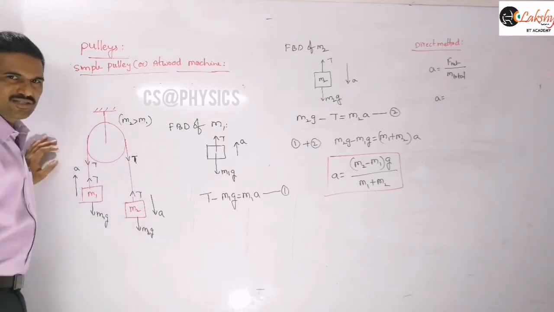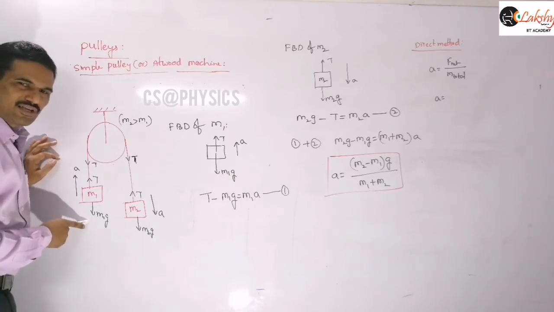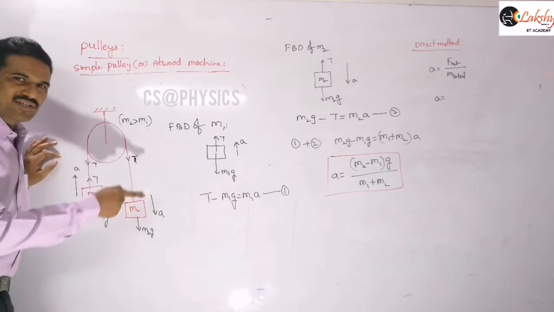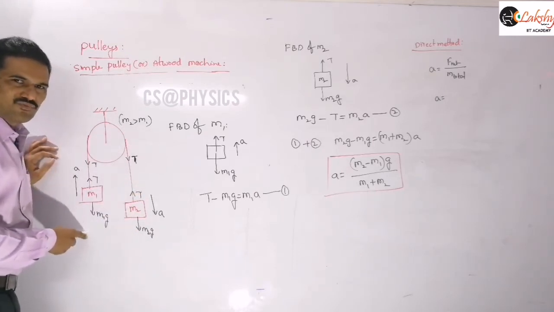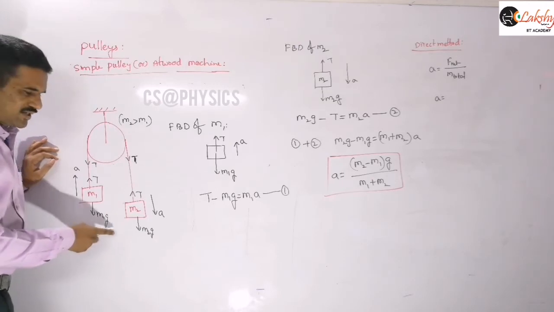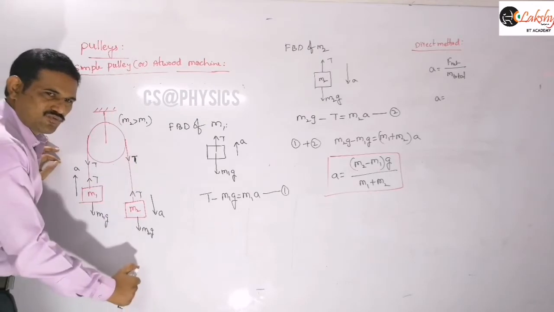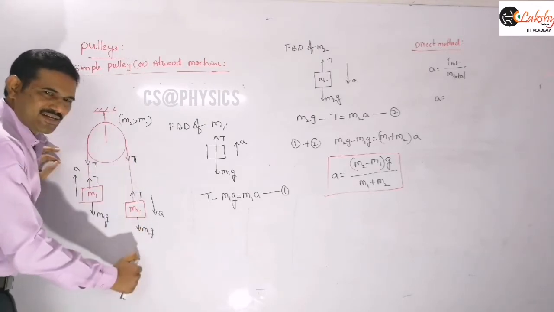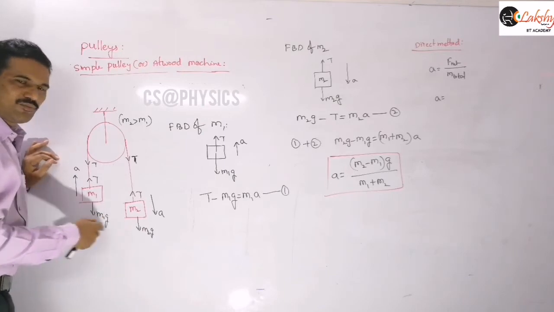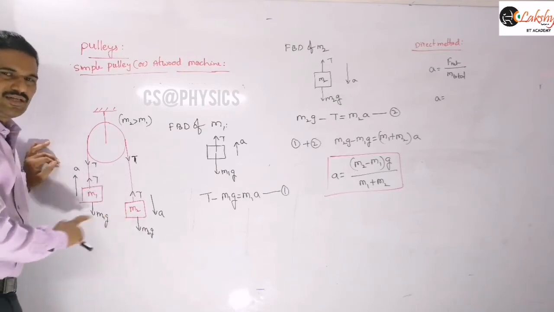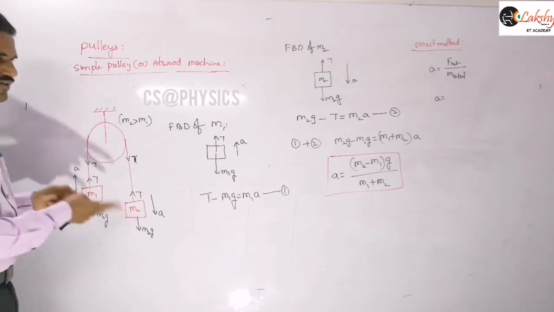It is trying to accelerate the system. The weight of block M1, that is M1G, is trying to oppose that acceleration. If both were of equal mass, the system would not accelerate, right? But here the mass is more on this block, so because of its larger weight it moves down. This weight is accelerating the system, but the other is opposing it. In the diagram both act in the downward direction, but their effects will be in opposite directions.